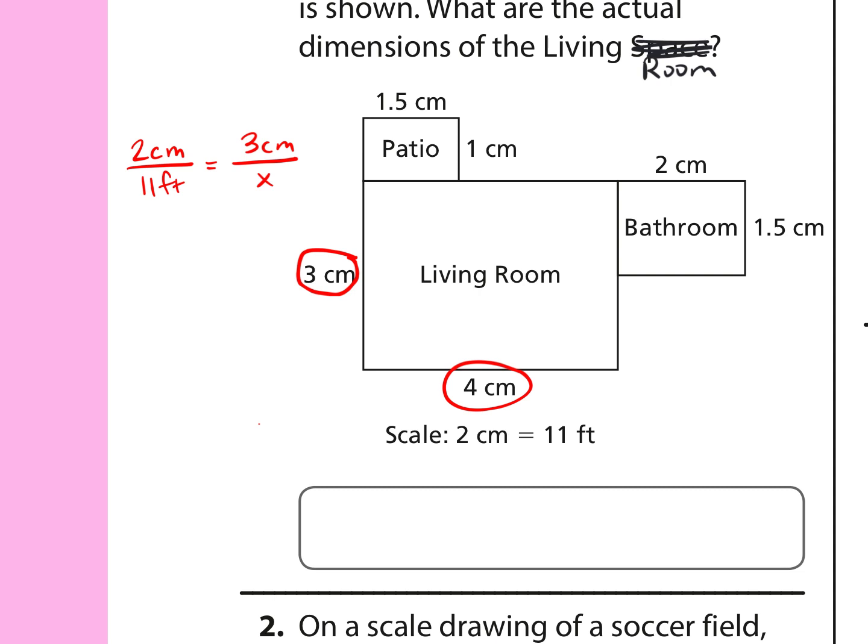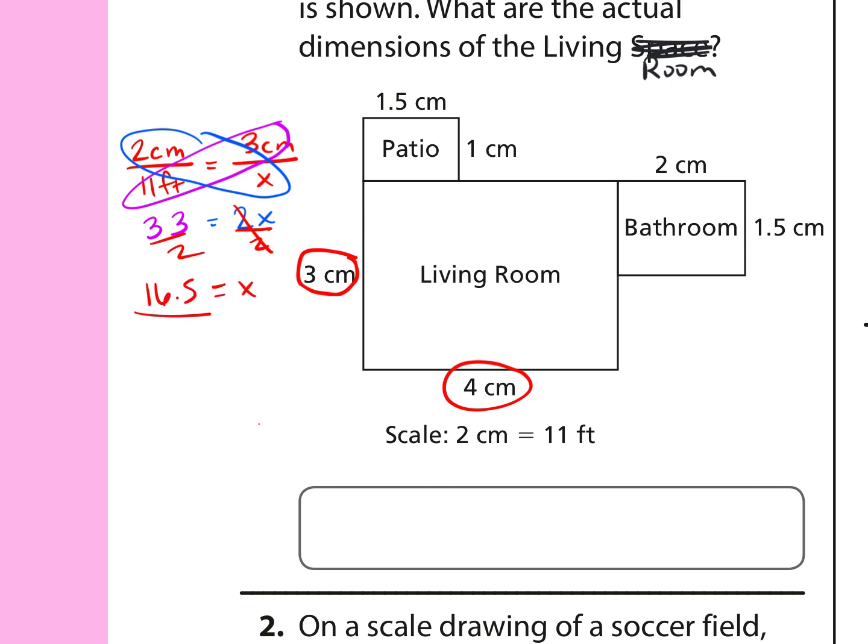To do that, we'll cross multiply. 3 times 11 is 33. 2 times x is 2x. Divide both sides by 2 to get x by itself, and we get that x is 16.5. So 16.5 feet